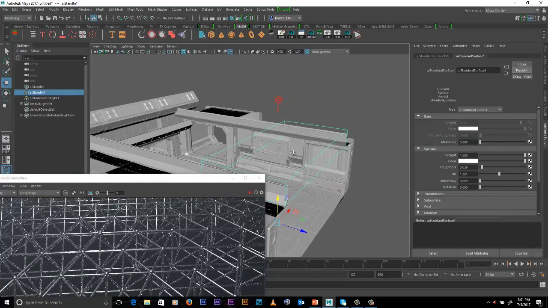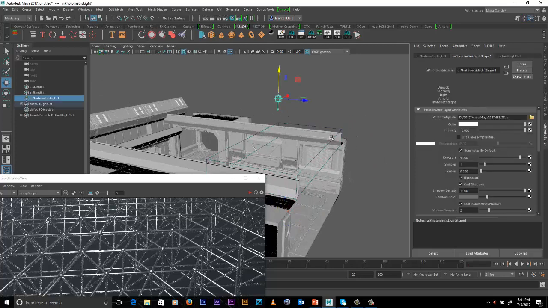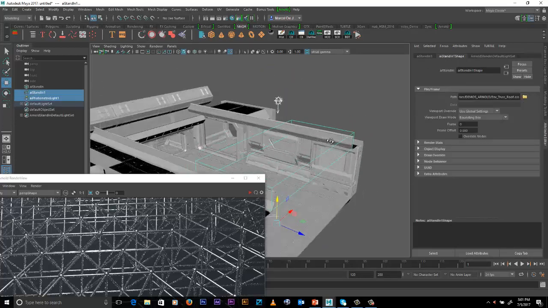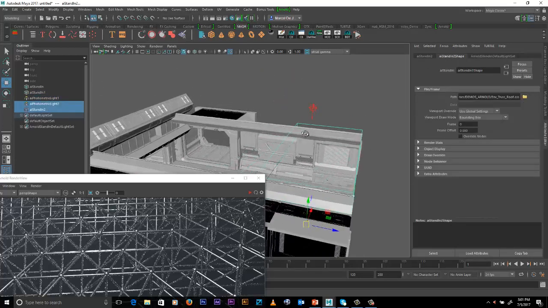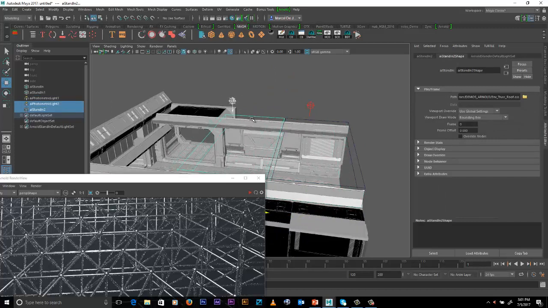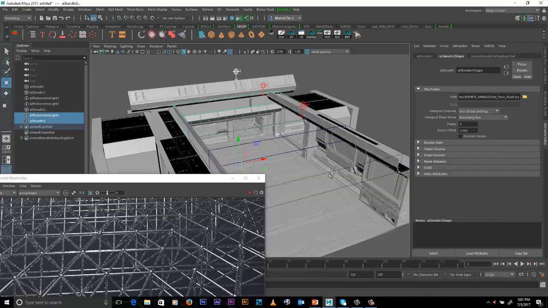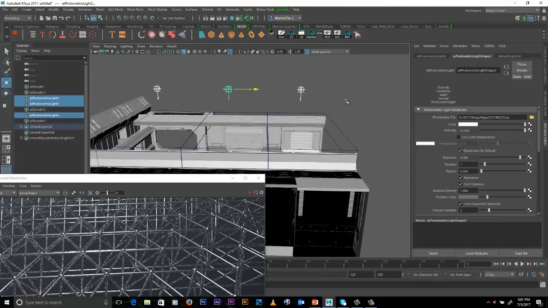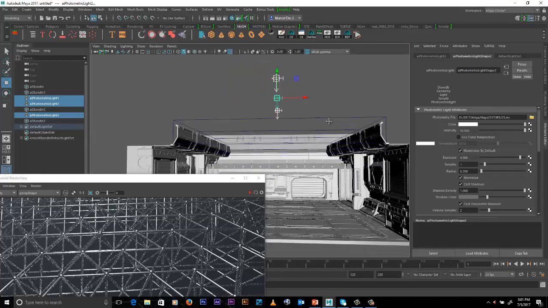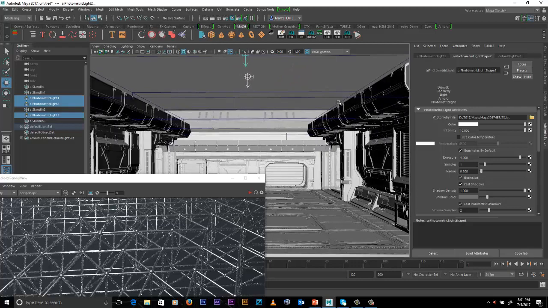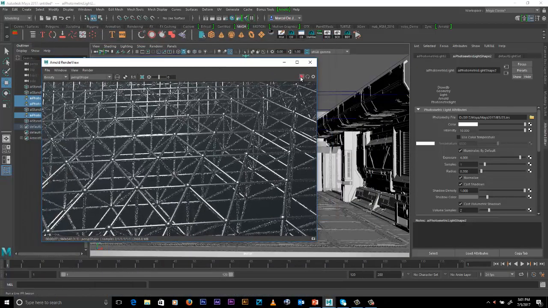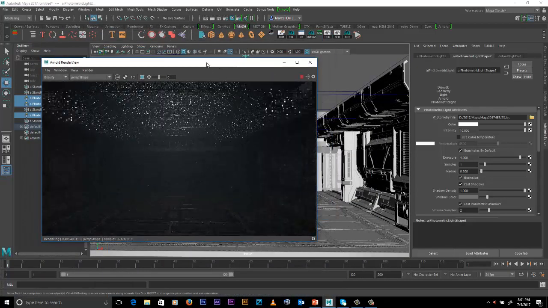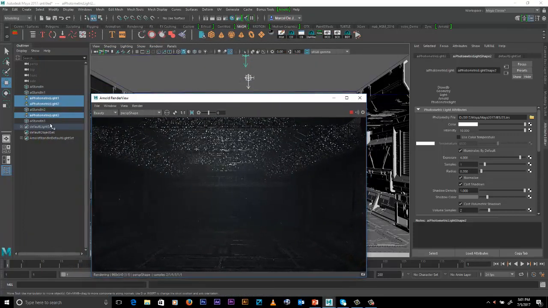I'd like to now copy this across so we have more than just one. So let's grab the stand-in, let's grab the IES node, and let's move it over so that they meet right there, and one more time. So now we have them covering pretty much the entire ceiling, as well as having a few more of these IES nodes. Let's move them over a little closer to the camera. So let's re-render this, restart up IPR,